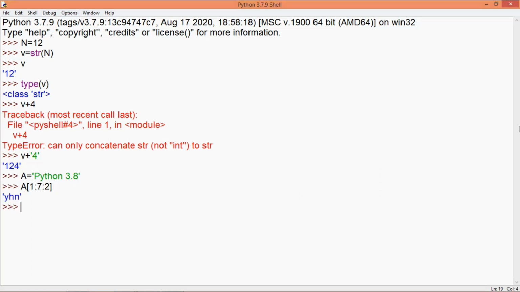A similar task can be performed with the help of the slice function. So let's say I write n equal to slice, and in the brackets I can specify only the stop value or the start, stop, and step values. So I write here 1:7:2. Now this variable n contains the slicing values which we will be performing on variable a. So this can be done by simply writing the variable n inside the square brackets, and you can see the same output is generated as what we did with the colon operator in case of slicing.